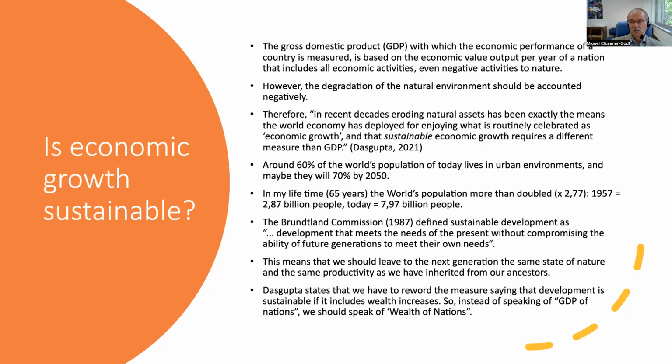Let's give an example. You build a road. This is a construction. This costs money. This is counted in the GDP. This road, when it's used, produces a lot of noise. So people say, we don't want that noise. So we build a wall. This wall is only useful to get the noise away. But in fact, it is a consequence of the negative impact of the noise on the people. But it is counted positively in the GDP. In fact, it should be deducted from the GDP. So Dasgupta says we need another measure than what is called GDP.